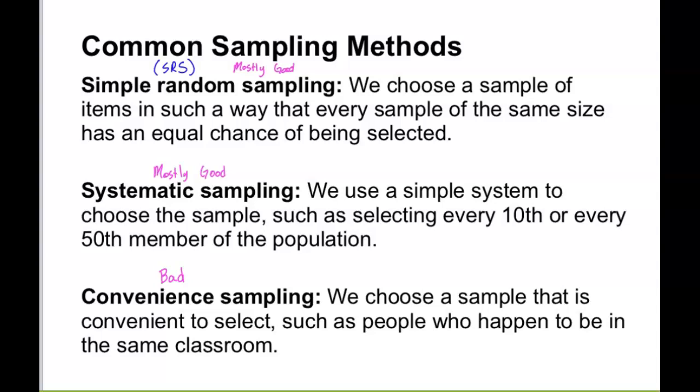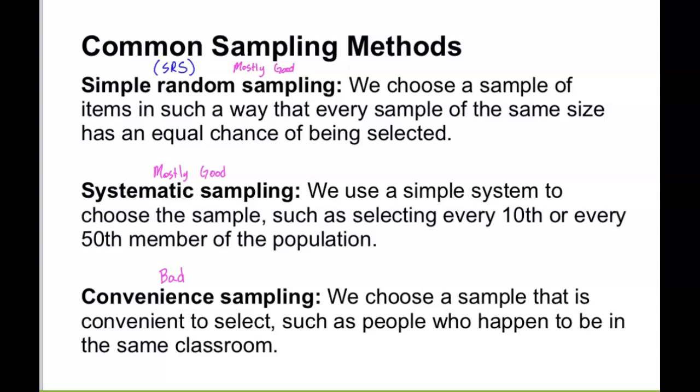Go ahead. So for simple random sampling, what does size mean? Every sample of the same size? It means, if I'm trying to choose a sample of 50 students, all possible samples of size 50 are equally likely to occur. So what wouldn't be a simple random sample is if I say I'm going to randomly select 50 students, but I need it to be 10 boys and 40 girls. Because now I've put a parameter on it where it's not a possibility to get all 50 to be boys or all 50 to be girls, and that should be a possibility in a simple random sample. Does that make sense? Yeah.